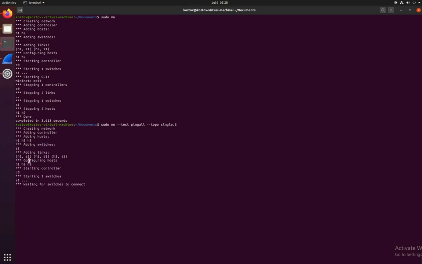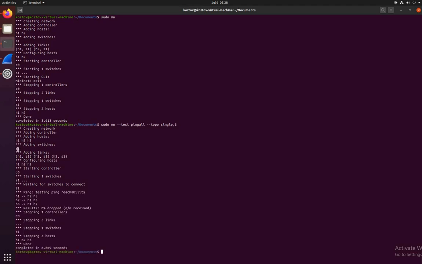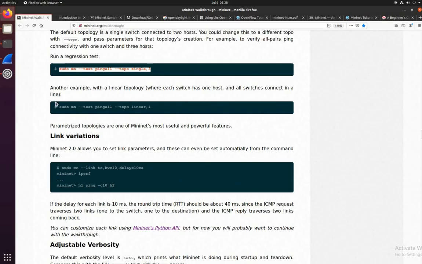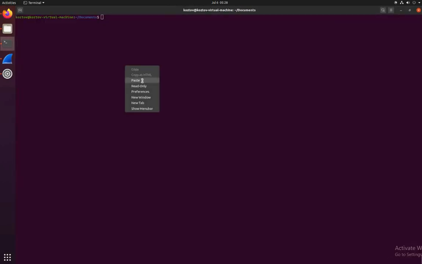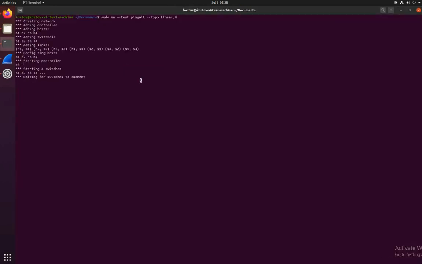For example, in this case you can see that 3 links are created. And how many switches do we have? We have a single switch, but all these hosts are connected to the switch. So H1 is connected to S1, H2 is connected to S1, and H3 is also connected to S1. Then if we go for the next example,